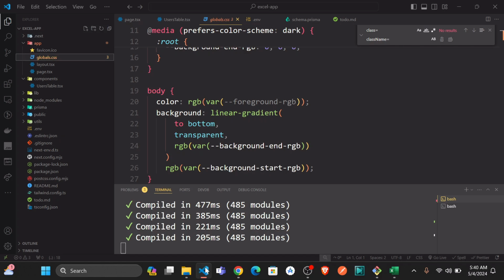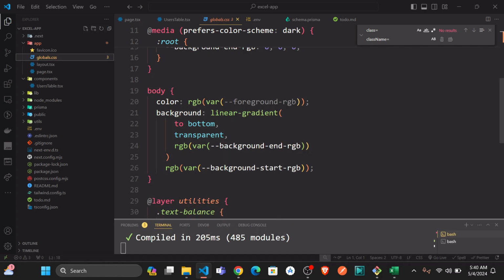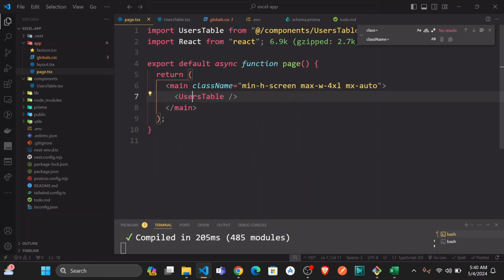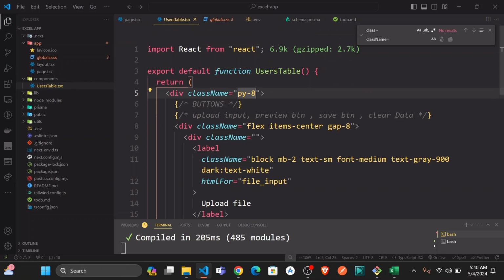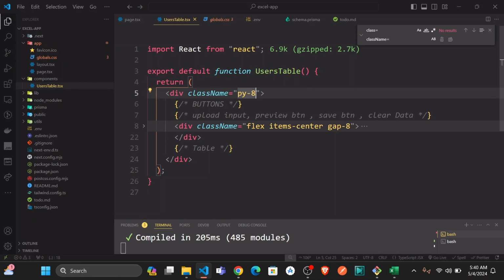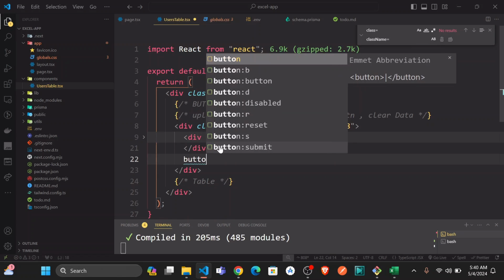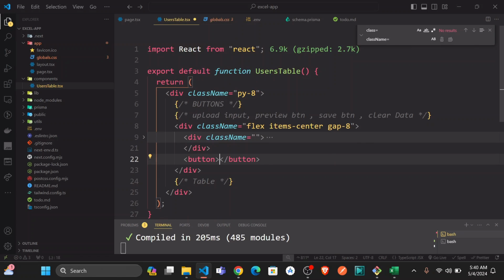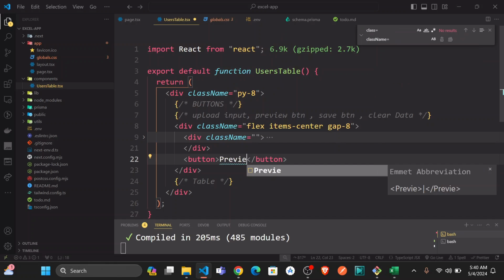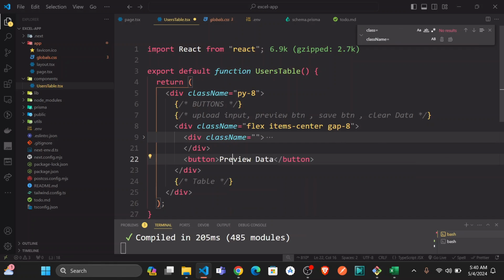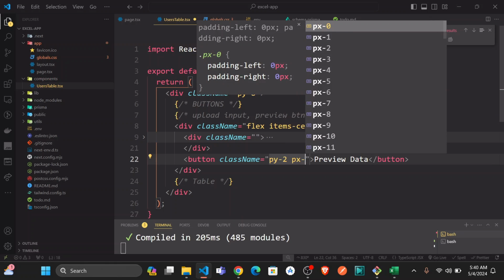Okay, so I have the upload file. I just need now to create the buttons. Okay, so I'm just going to design one button in the users table here. So after this input, let me just add some buttons. It is inside this. So we can just add a button. For instance, we can say preview data, and we can give it some classes, something like padding y of 2, px of 6,